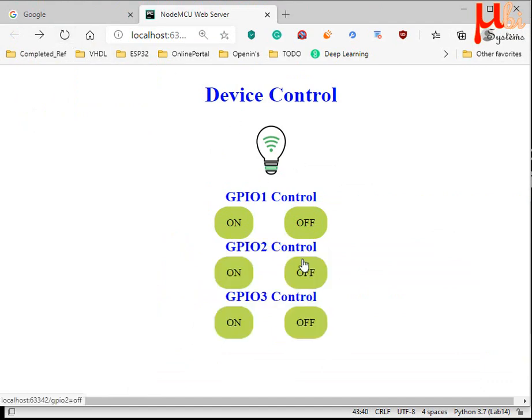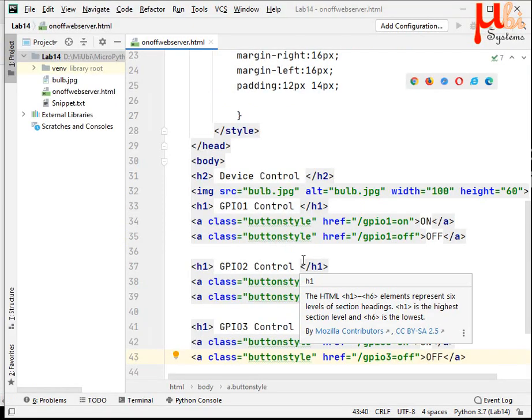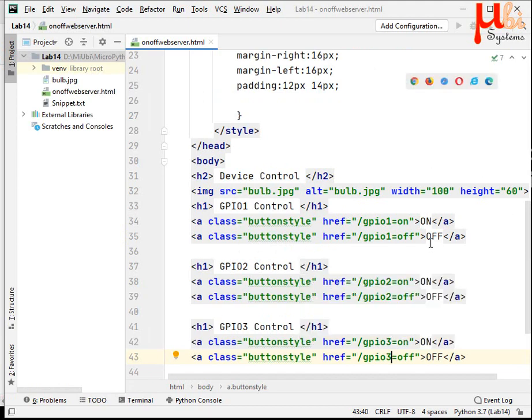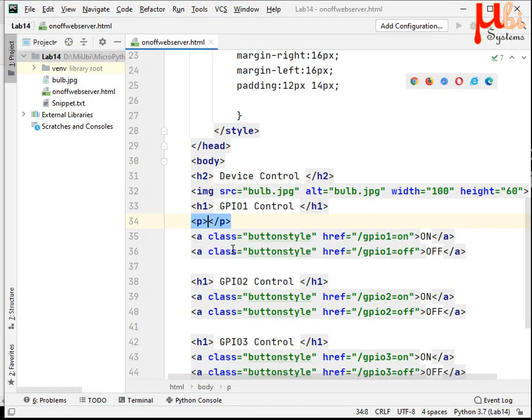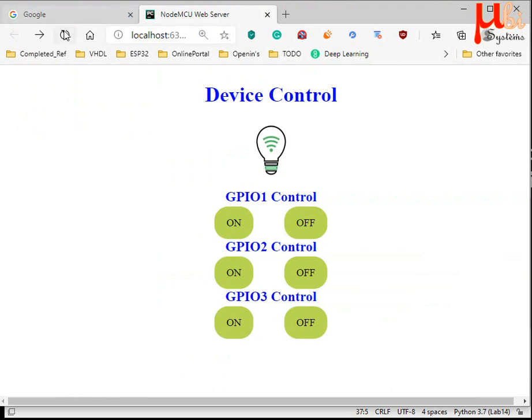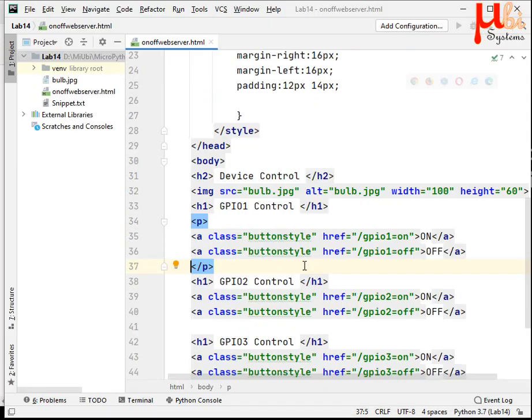This is pretty good. Now I don't want to see this very close, so I can make it like a paragraph. Okay. Let me refresh. Yeah, the spacing increased.